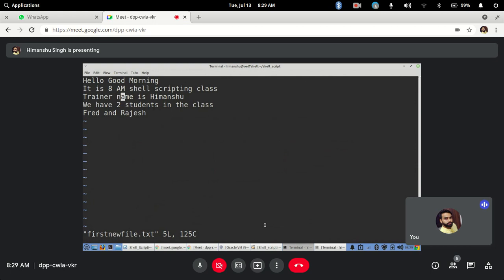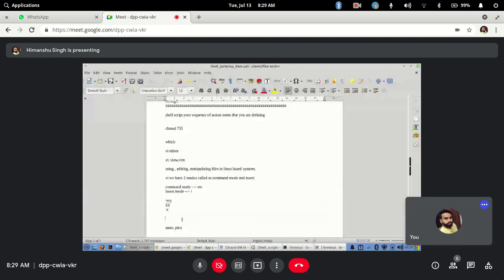So these keys H, J, K, L are on your keyboard in a sequence. You can use these keys for navigating. H is for going left, L is for going right, J is for going down, K is for going up. Okay.